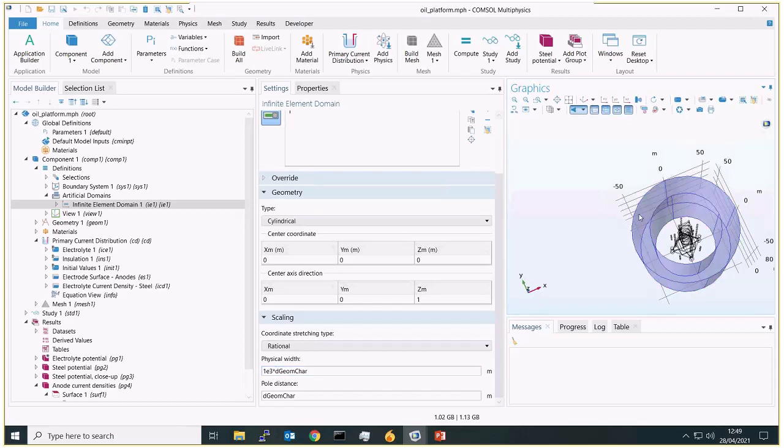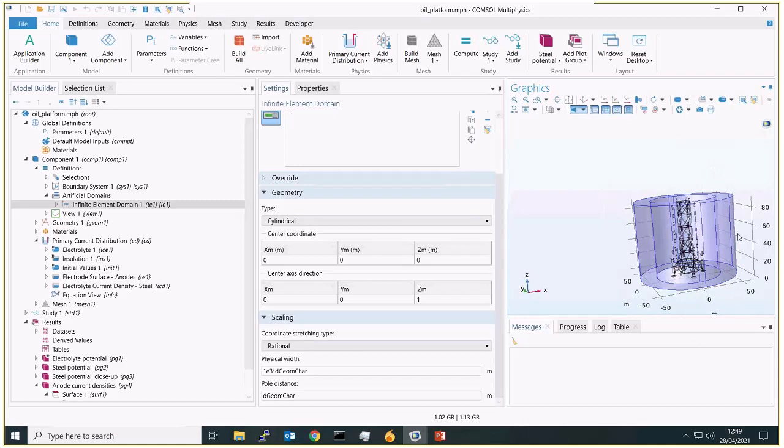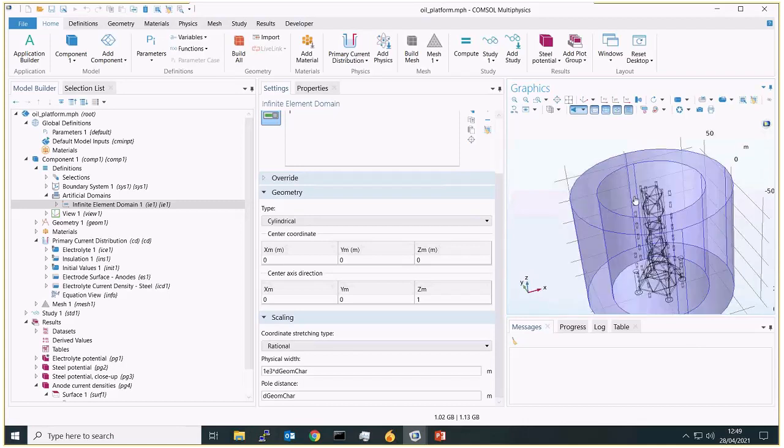So what this cylinder then represents is essentially an infinite sea domain around the oil platform here. This can help you get more accurate results for your potential, so you're not erroneously applying an insulation condition at the edge of a very small simulated domain.